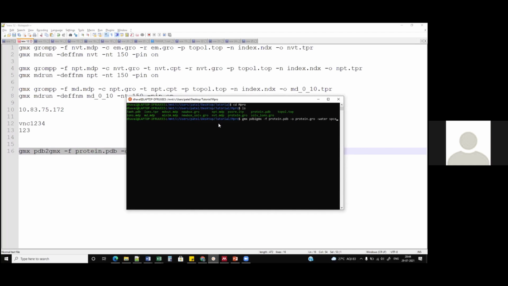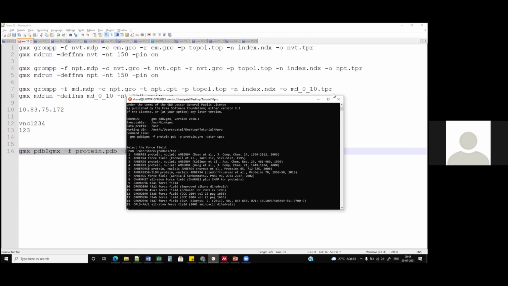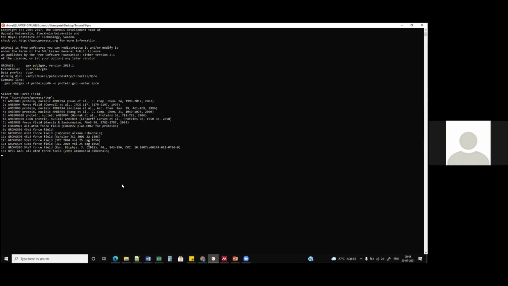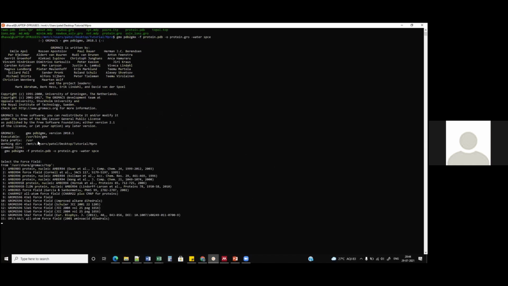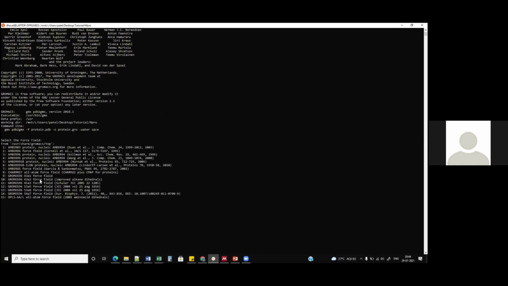Okay, so I just pasted the command over here. Before that, I forgot to mention that we need to install GROMACS on our system. There are a lot of steps, but it's a pretty easy installation. You can go into the manual and install it by yourself also. When we fire this command, a lot of information is displayed over here. We need to just ignore that information unless there is some error.